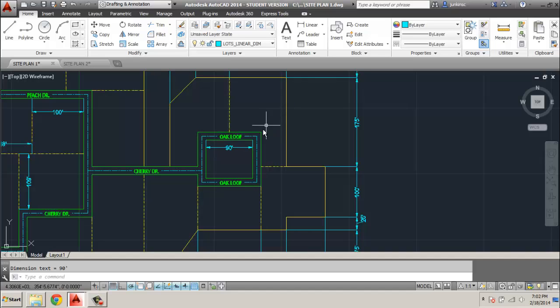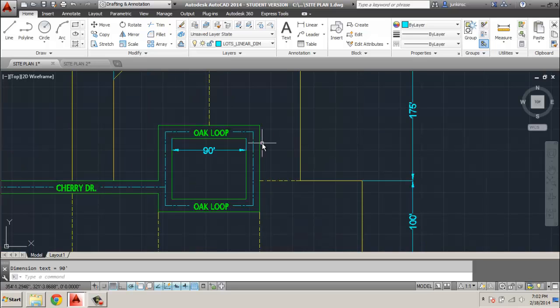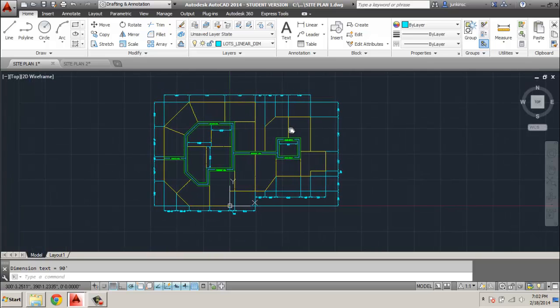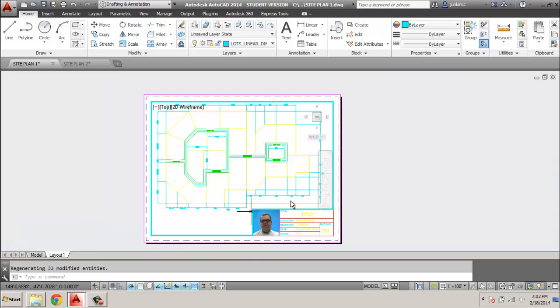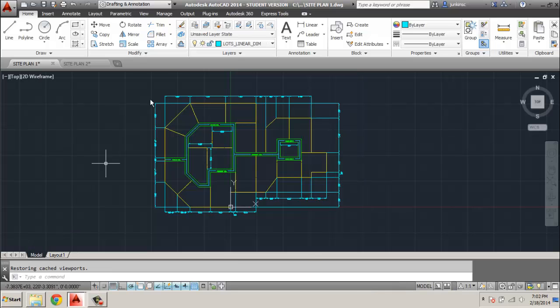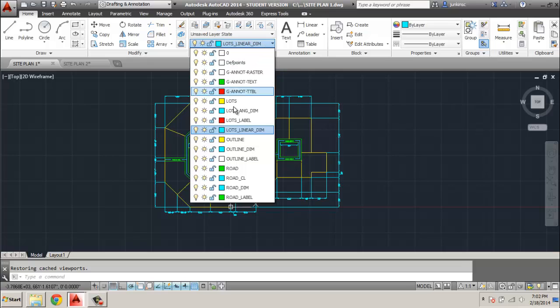That should be okay. I don't want to cross any lines if I can help it, so that's probably enough for the dimensions. If I go to my layout, I can see everything fits. I'm going to go back now, and the last thing I'm going to do is put in my lot labels